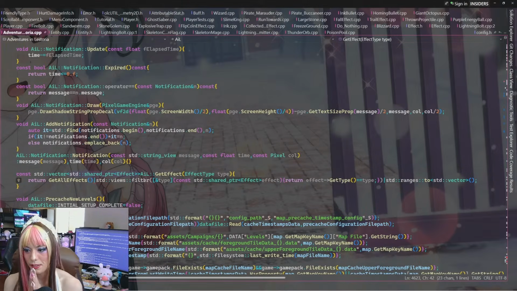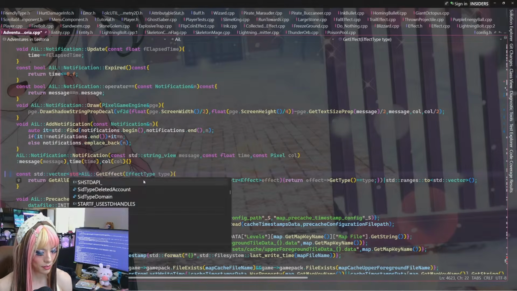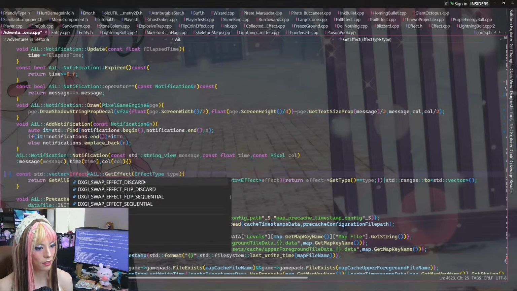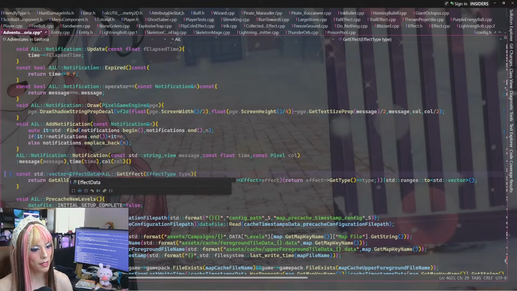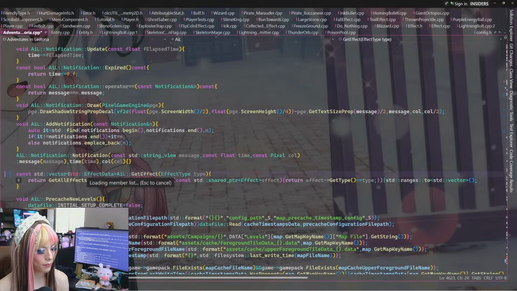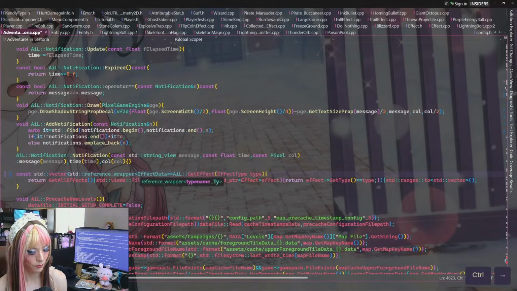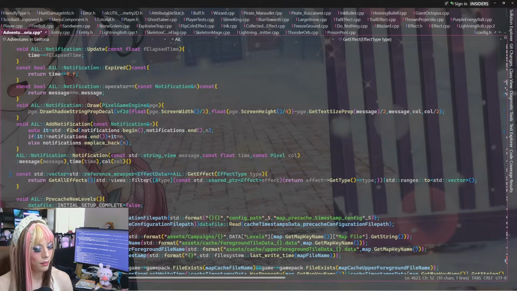How would we go about this? Let's see. We want a vector of effect data returned from this. So it's like standard, or not even standard, we'll just say effect data. Because I'm thinking, would these be reference wrappers? Yeah, they would be, because otherwise it would be copying the data itself. So let's say these are reference wrappers to effect data. Because I don't want to recopy the effect, and we now know that effect data is going to have that information.